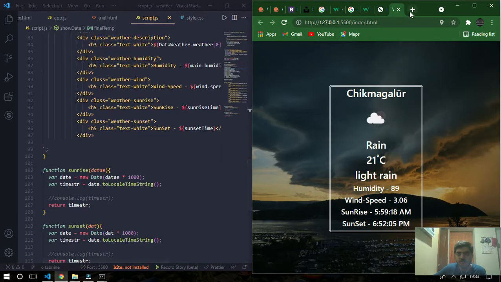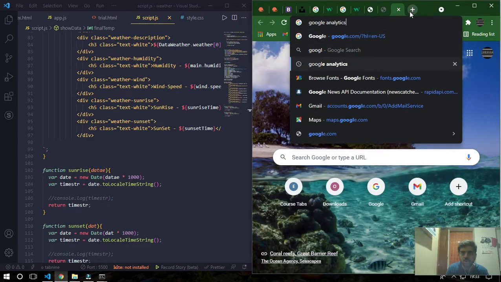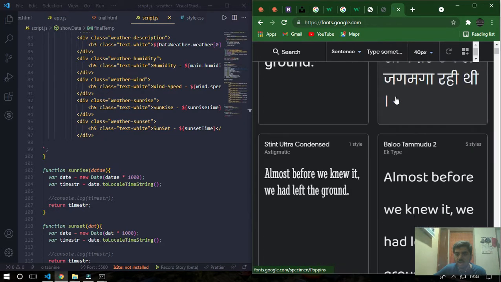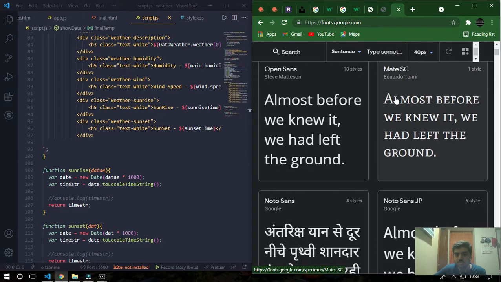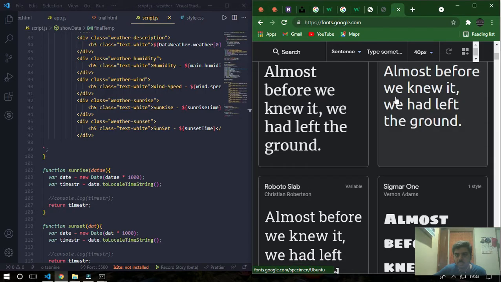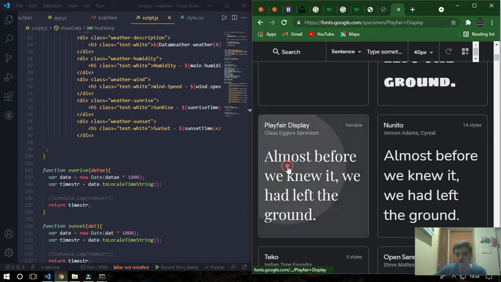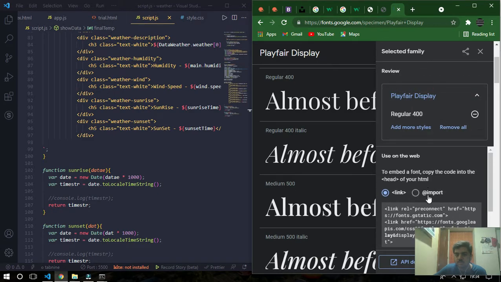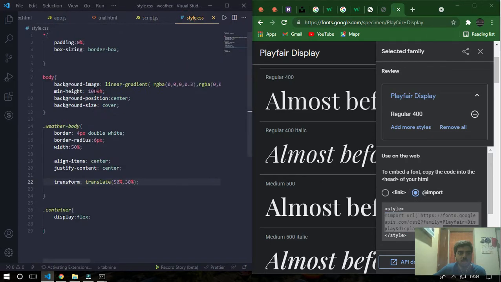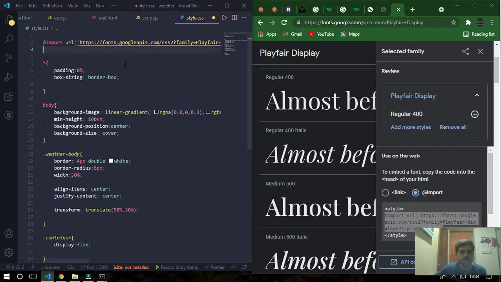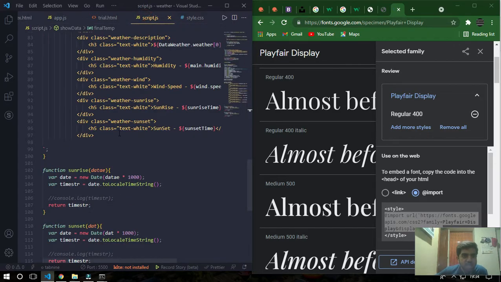I'll go to Google Fonts, browse fonts, then I'll use Playfair Display, select this style, let me do import, Control C, I go to my CSS file and I'll do this for every h5, h3.